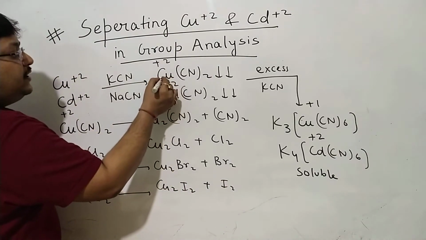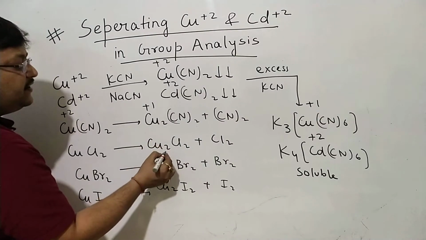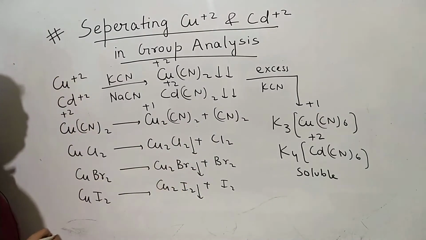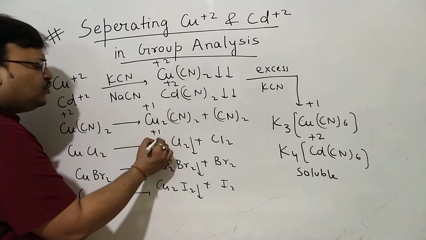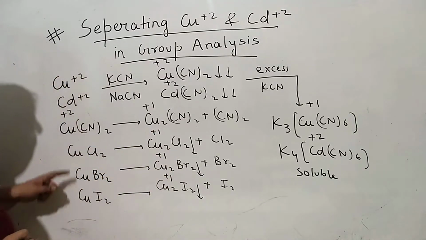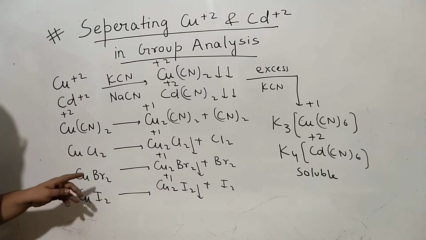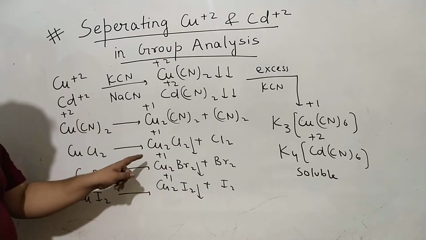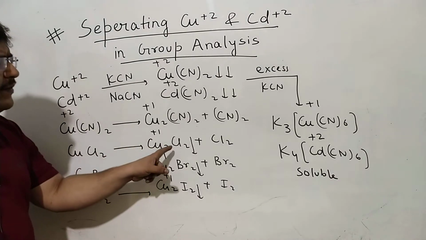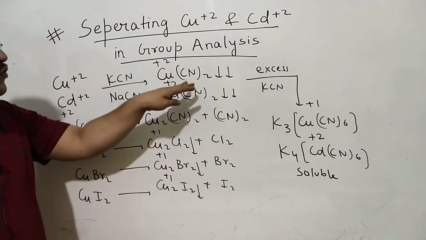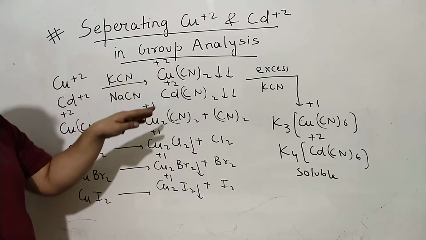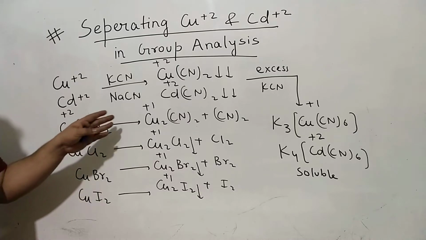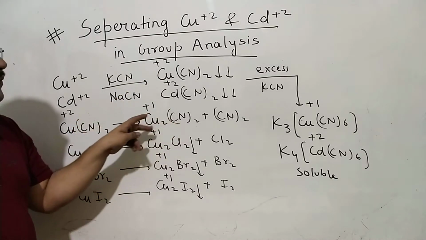What we are believing to be cupric precipitate is in reality cuprous precipitate. Cuprous salts are precipitates. Cupric halides of their own in solution become cuprous, and the precipitate is of the cuprous halide. So this cupric of its own becomes cuprous. This is a typical behavior of copper halides, and naturally when it becomes cuprous of its own, this will